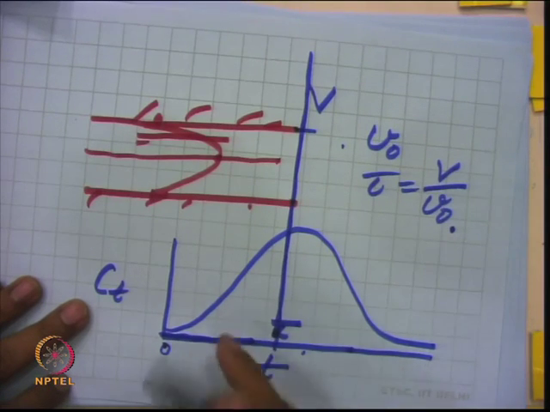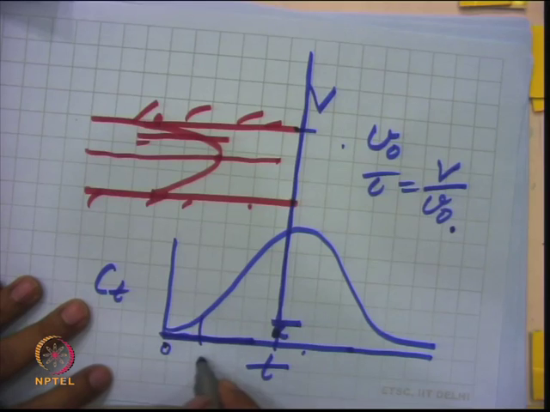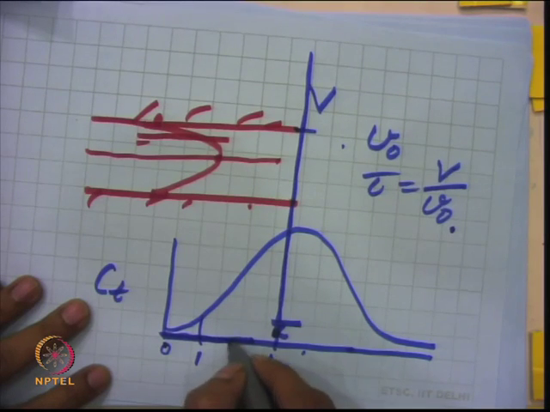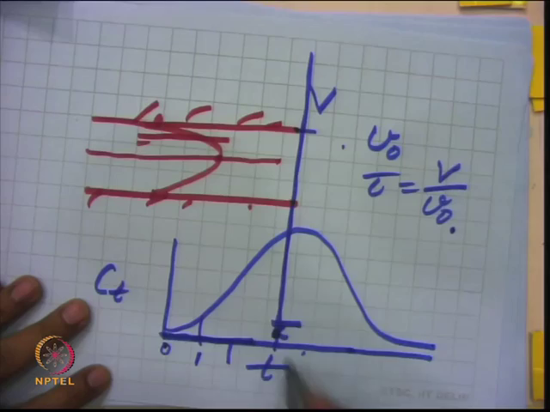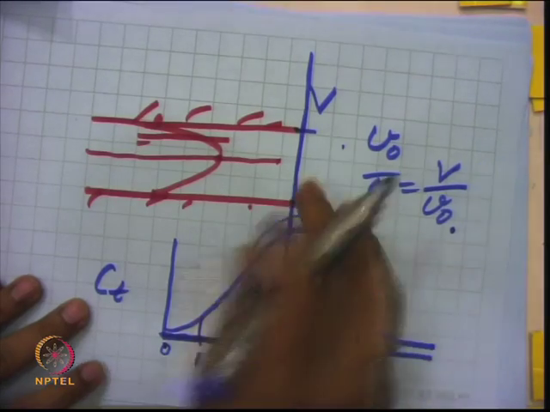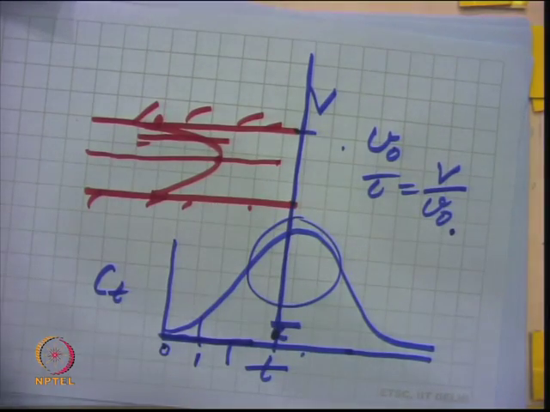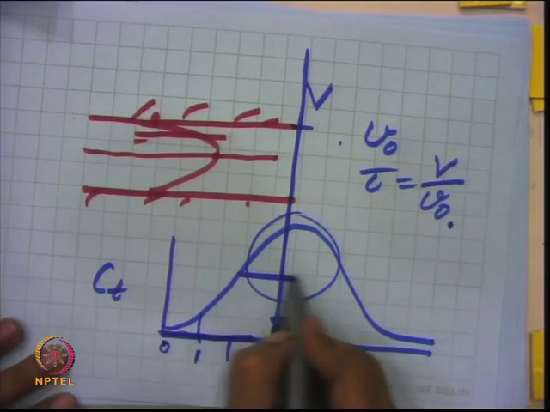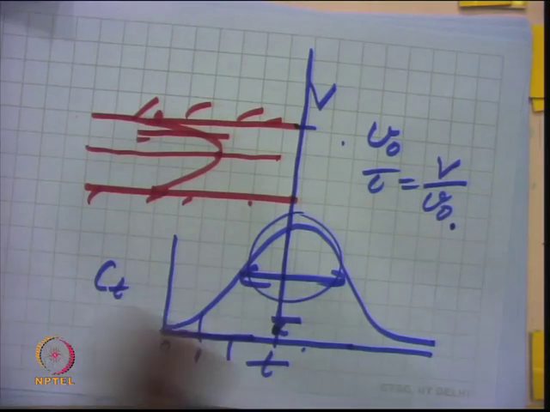So, what will happen? You get some concentration here at time t equal to 1 minute, some concentration at t equal to 2 minutes, and so on. And of course, the maximum value you get is around your mean residence time. So, this time becomes your tau, the mean residence time, and this is your deviation from the mean, the spread. So, it is spread out now. That is a kind of diffusion phenomenon, or here we call it dispersion, because it is not a molecular property but a flow property. It is a kind of non-ideal flow behavior.